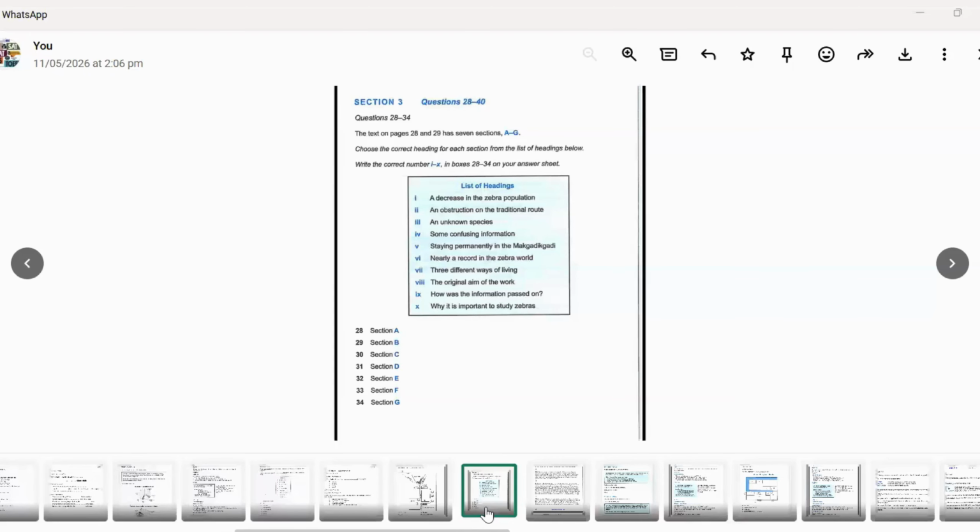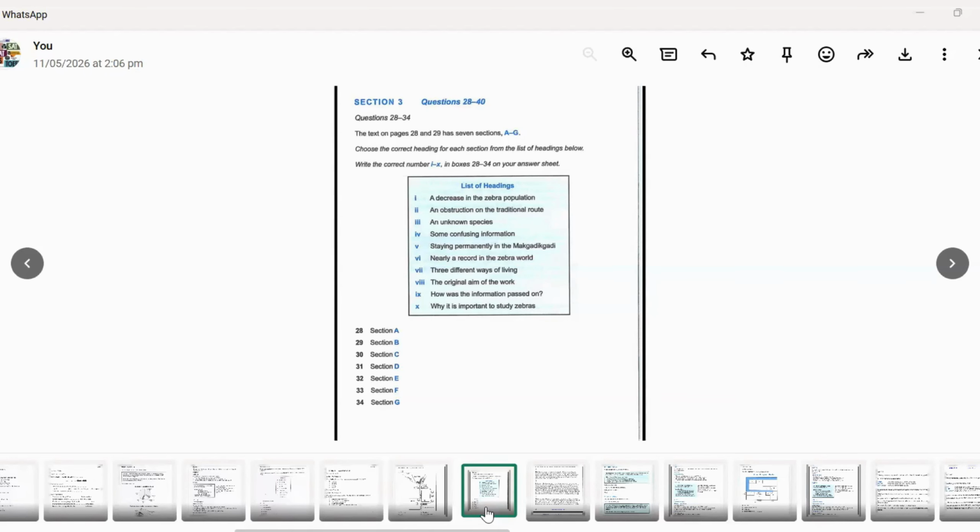Now, there is another question type. I'm going to share that in just a few seconds. All right, so this is called matching heading questions. I'm going to share that now. As you can see, this is called matching heading questions. So in matching heading questions, we would have